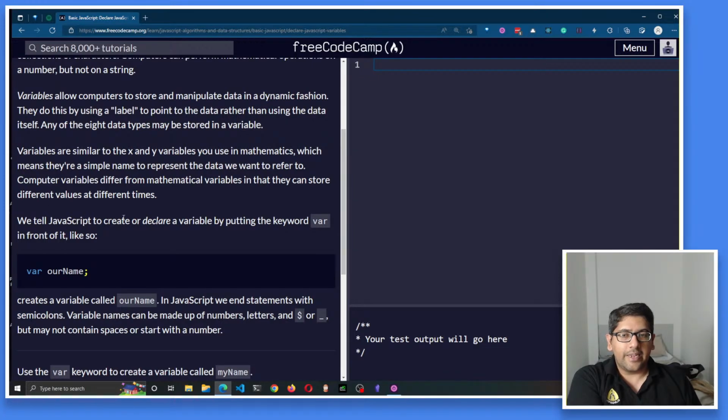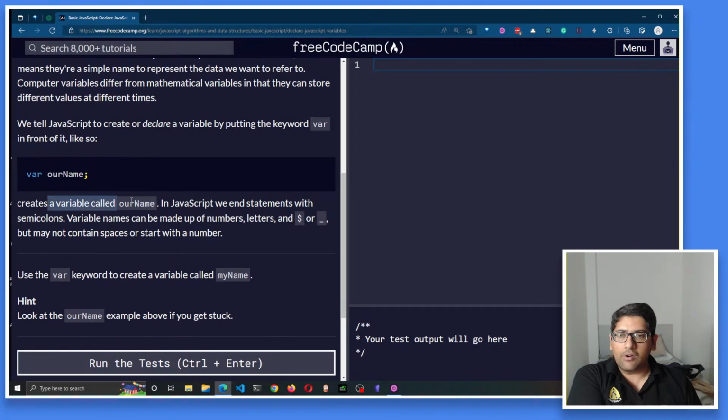We tell JavaScript to create or declare a variable by putting the keyword var in front of it like this. So var myname creates a variable named myname. In JavaScript, we end statements with semicolons. Variable names can be made up of numbers, letters, and dollar or underscore, but may not contain spaces or start with a number. Use the var keyword to create a variable called myname. var myname;